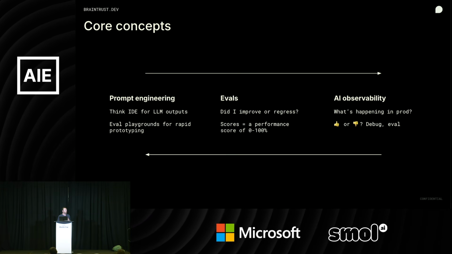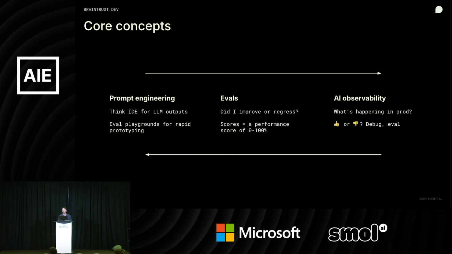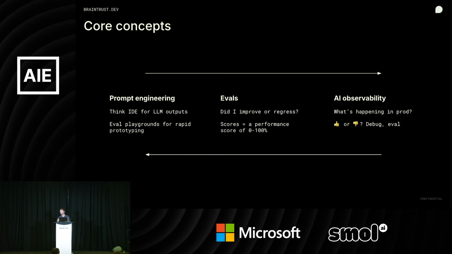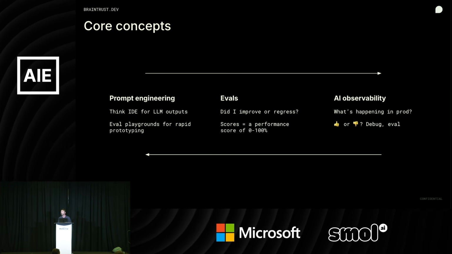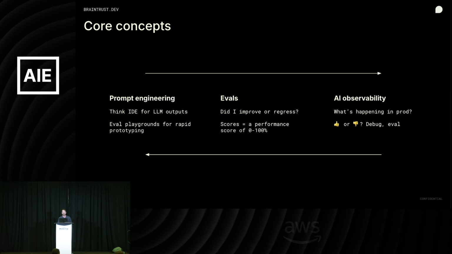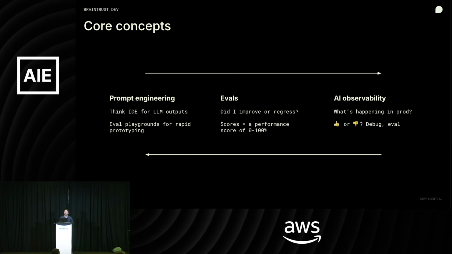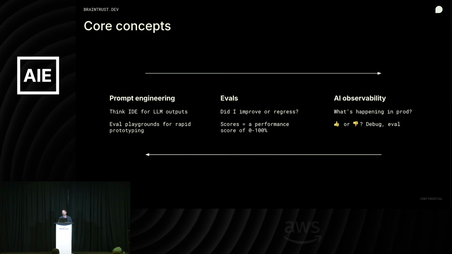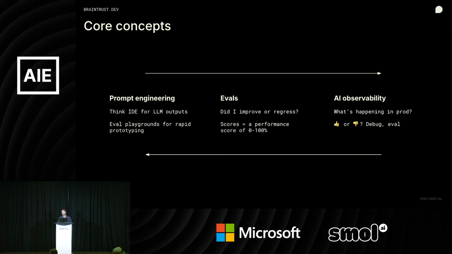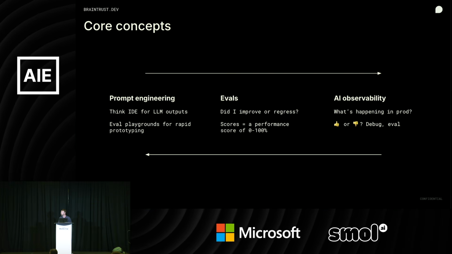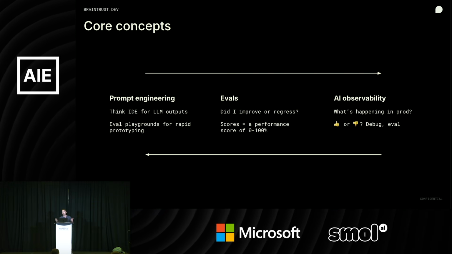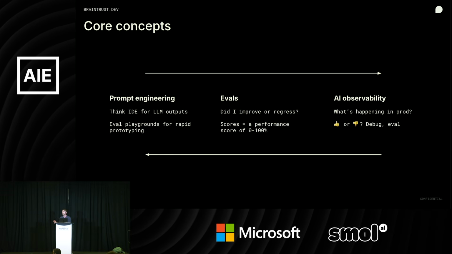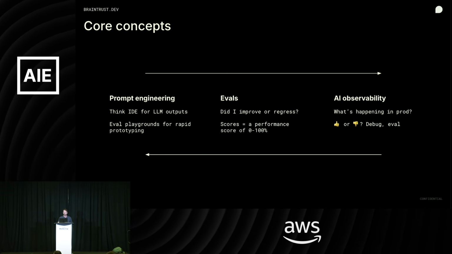In Braintrust, think of this playground that we have as an IDE for LLM outputs. The playgrounds allow for that rapid prototyping. As we make those changes, as we change the underlying model, what is the impact to that particular task or that application? Then those evals allow us to understand the improvement or the regression of those changes. And then the observability aspect, right? This is the logs that we're generating in production, the ability to have a human review those logs in a really easy, intuitive interface, and then have user feedback from actual users be logged into the application as well.